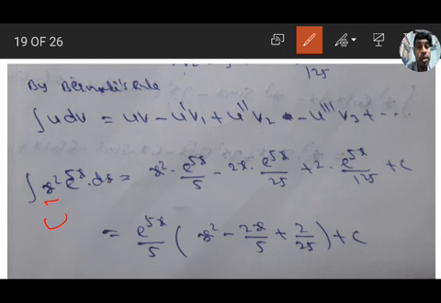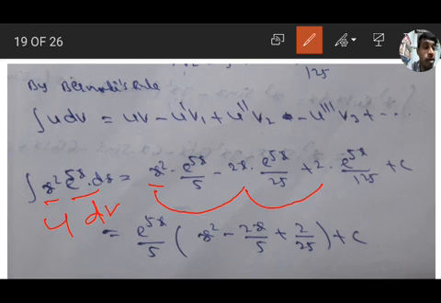Now this one: x square, u equal to x square, and e to the power of 5x is dv. So u is x square as it is, its derivative is 2x, and the derivative of 2x is 2, then 0. The next derivative is 0, so it will come up to the constant. We can write x square, its derivative 2x, its derivative 2, with alternating signs: here positive, here negative, here positive.